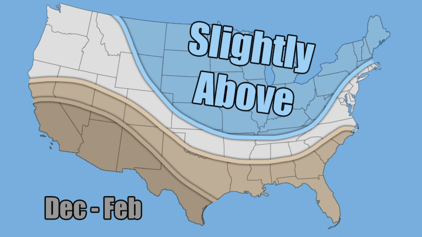Now, here's where I'm expecting more snow than normal, and this includes portions of the Midwest down through the Central Plains into the Great Lakes, the Ohio Valley, and then back through much of the Northeast, except for that coastal corridor, and that's going to be a big area that is still a little bit undecided for me.